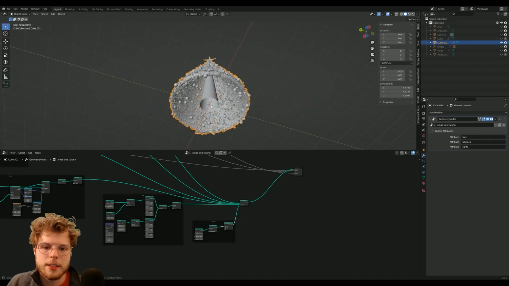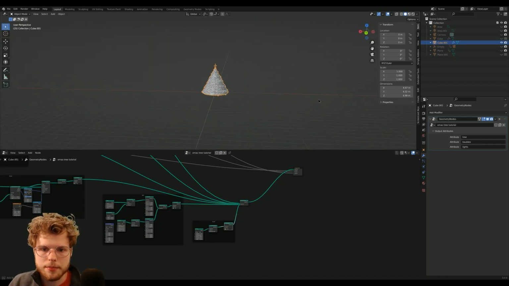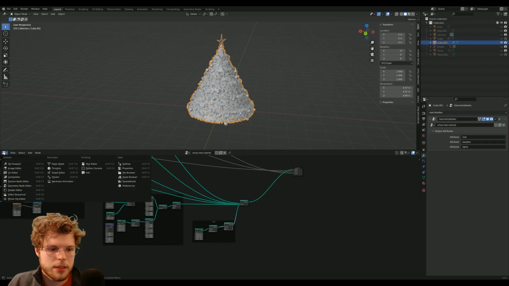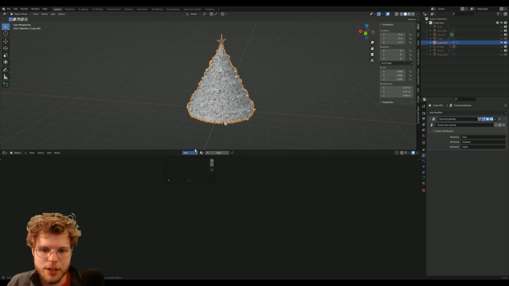Again, you could make this a spiral, realize it, and put a whole bunch more points and everything. But you can see we have a nice little Christmas tree. Lovely. So let's look at materials now. Just because who doesn't love materials? And this is a very long tutorial already. So if you stuck around to this point, let's do